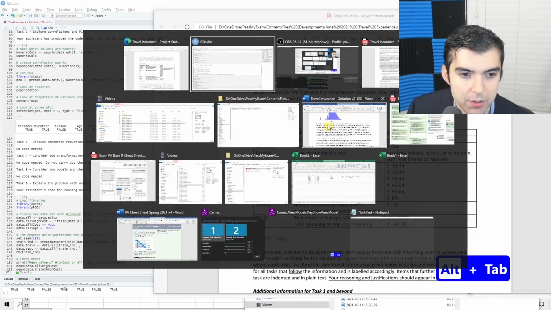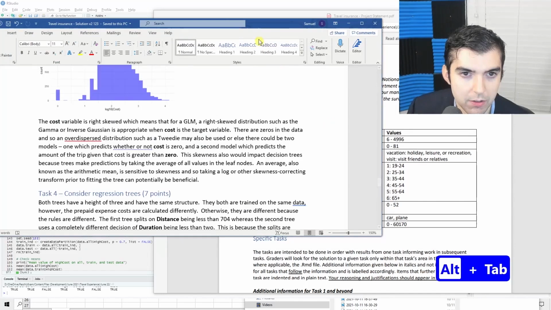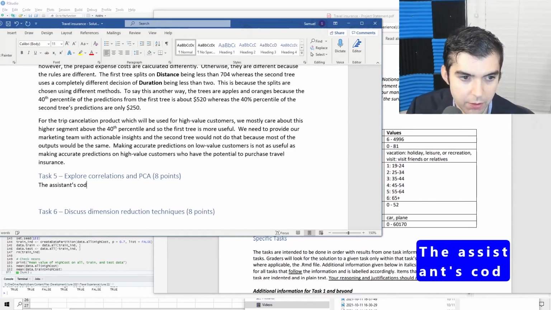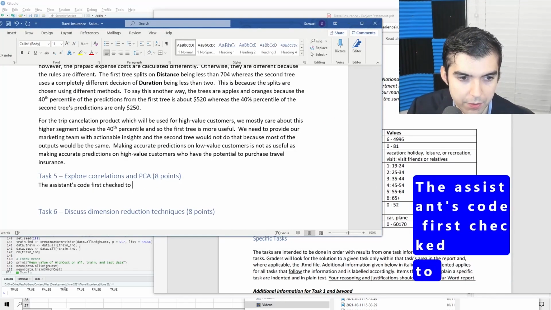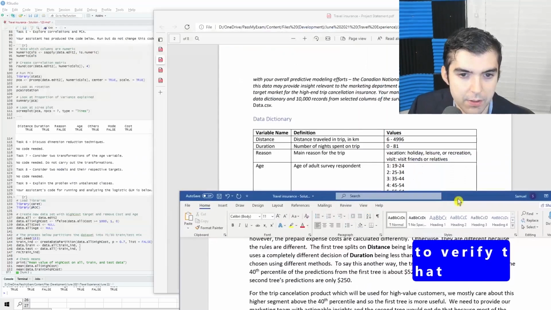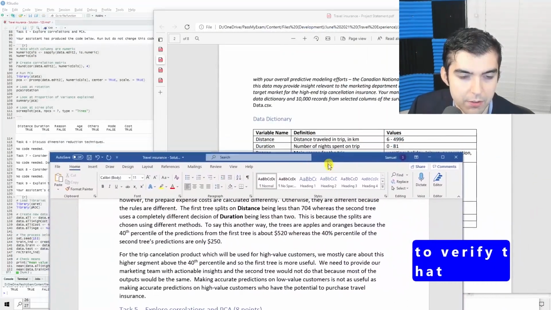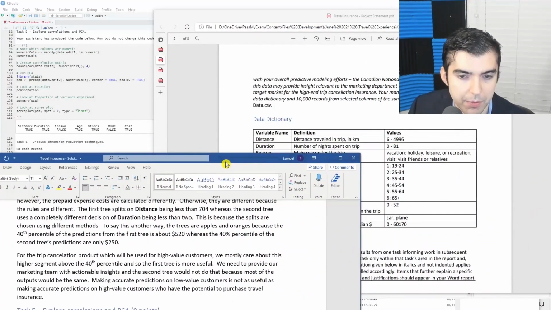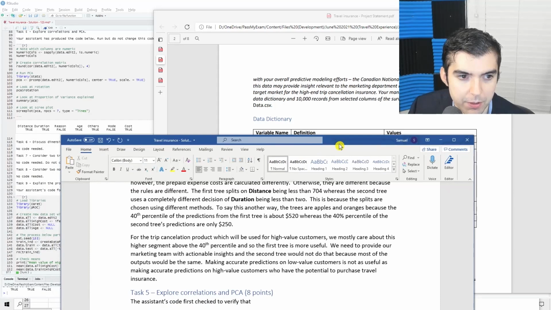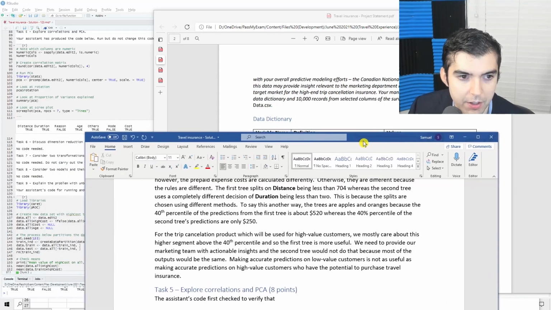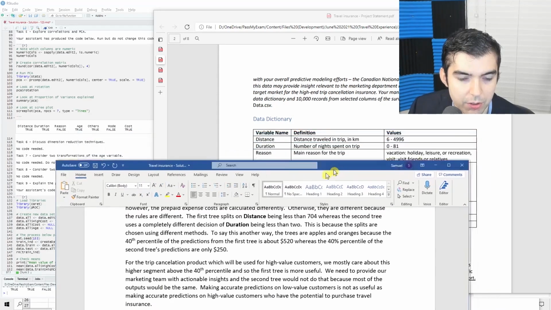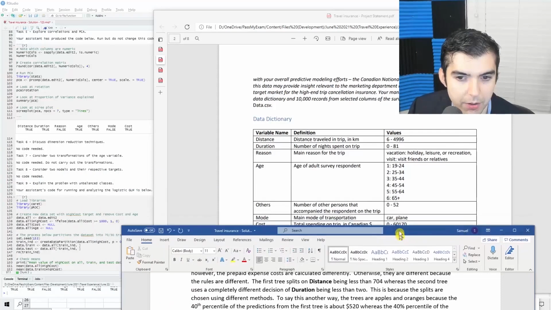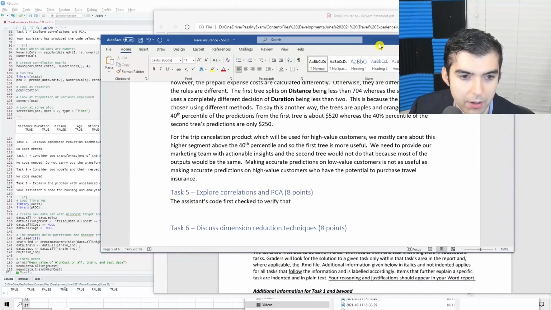So let's just check that that makes sense. The assistant's code first checked to verify that distance, duration, number of nights spent on trip, that's numeric. Age is numeric, although it's in these bins.